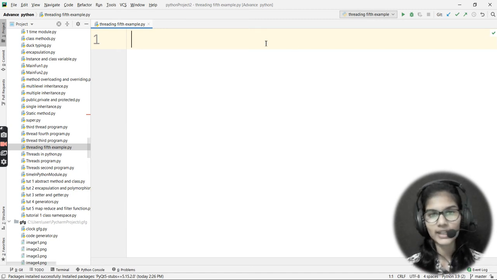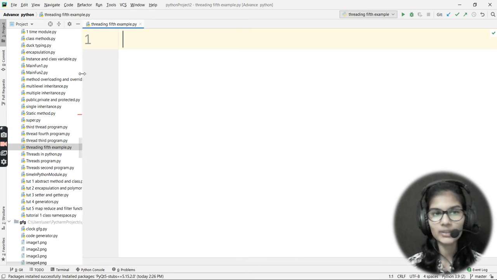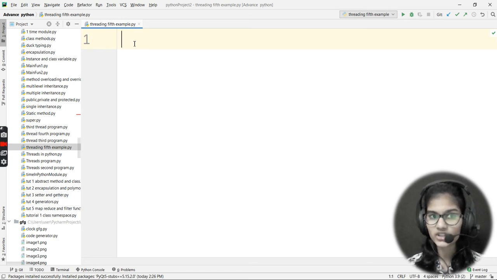Okay, so we will be writing the program for threads only. For that I will need the threading module. Previously we had already seen how you can make threads with the help of classes and objects, how you can make threads with functions, and how you can combine classes, objects and functions to make threads. Today we are going to see how you can make threads with the help of the functions and the main function of the Python programming language. Right, let's get started.